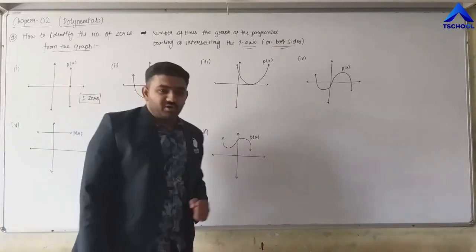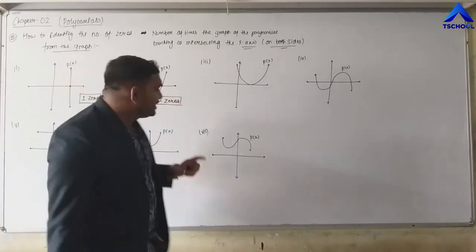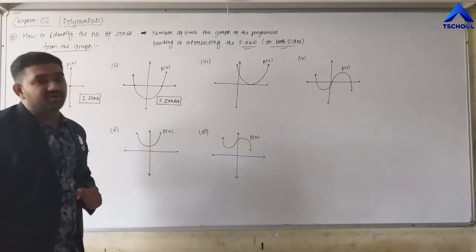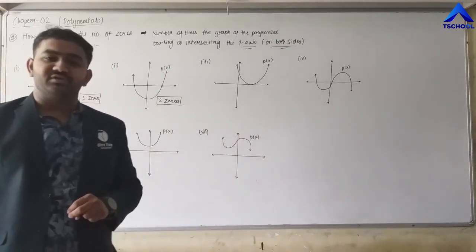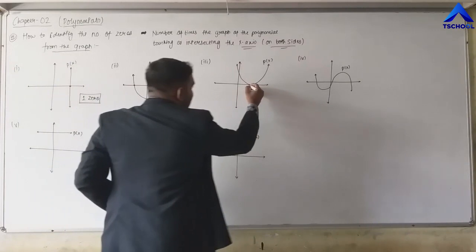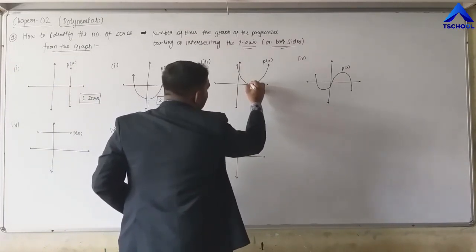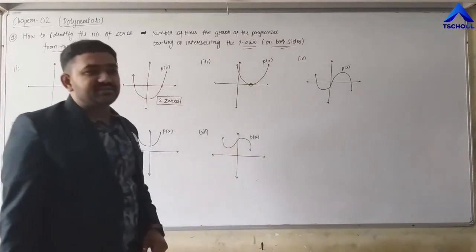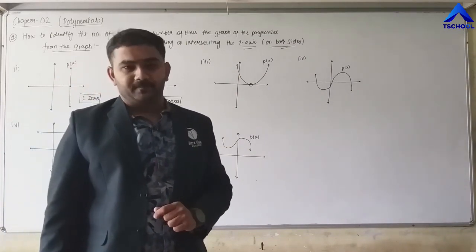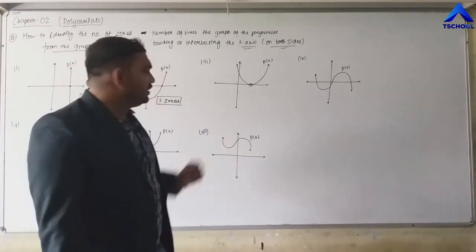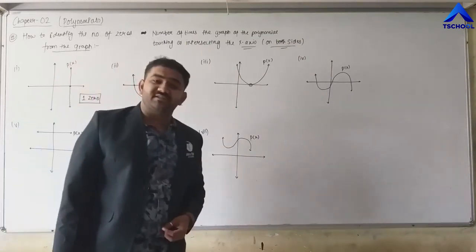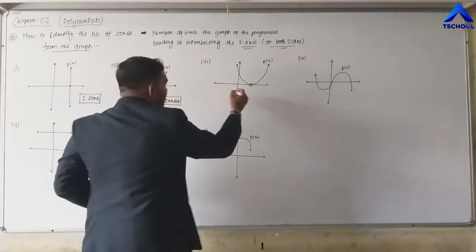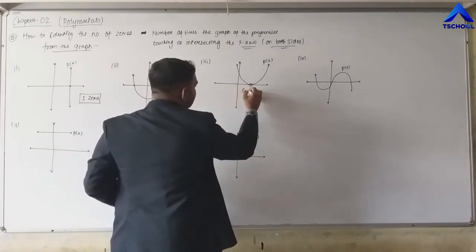So it will be a quadratic polynomial, and as we saw here in case number 2, if it is a quadratic polynomial then it must have 2 zeros. But you see here that this graph touches the x-axis at one and only one point. Right? Then how to identify this kind of question? This is a special case